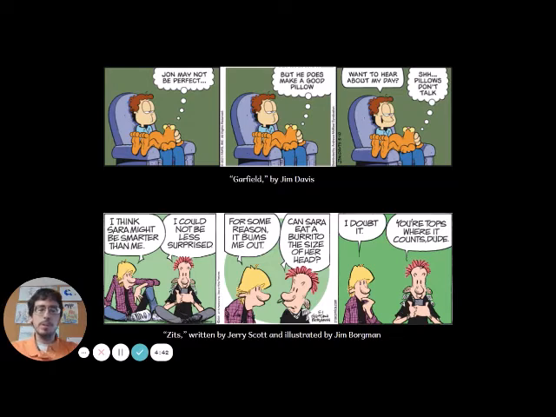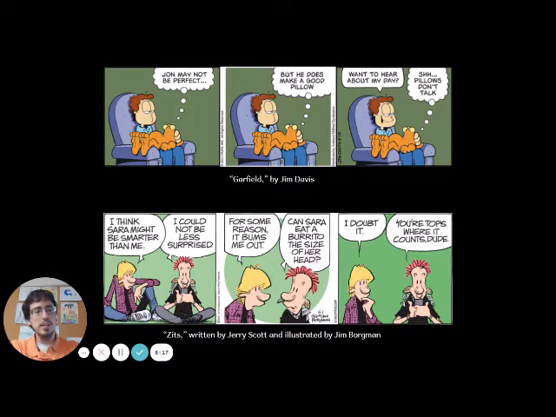Here's a couple other ones. These are only 3 panels each, so 3 boxes. The first one is Garfield. Some of y'all may have seen Garfield in a movie before or on TV. He's laying here thinking. You can tell he's thinking because his bubble here, instead of being a regular round thought bubble, it's like a cloud. So a lot of times we see that when we're thinking. He's thinking, John may not be perfect, but he does make a good pillow. And John says, want to hear about my day? And Garfield is thinking, shh, pillows don't talk.